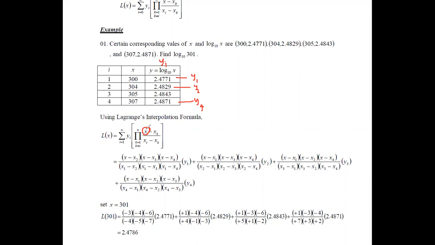It is because we have to identify a formula first, or else according to this calculation, if the substitution is needed at the very beginning, then we will set the value of x as 301. Even though the value of x is 301, still we will use the letter x. It is because first of all we will go through the notations only. Then values of xk will be used, and values of xi will be used.